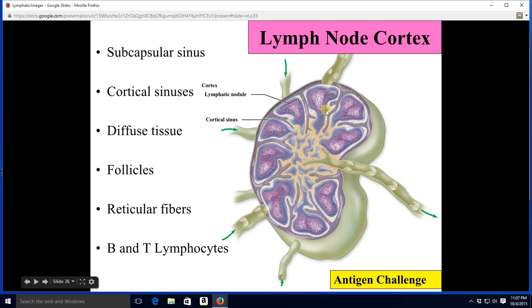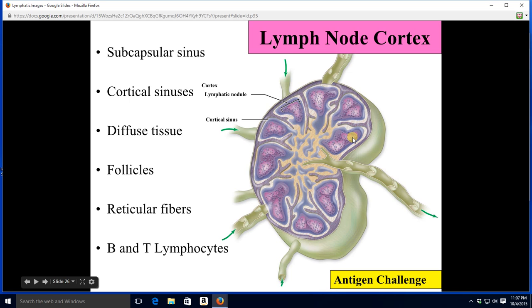We see a nodule here. This is where the lymphocytes are really packed together. We're going to find B and T lymphocytes in here. We're going to find reticular fibers giving us our structure. And of course, we've got B and T lymphocytes in here because that's where we're going to do the